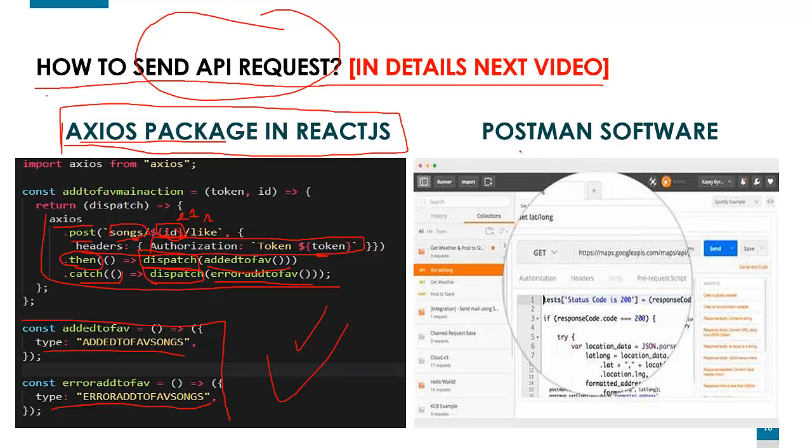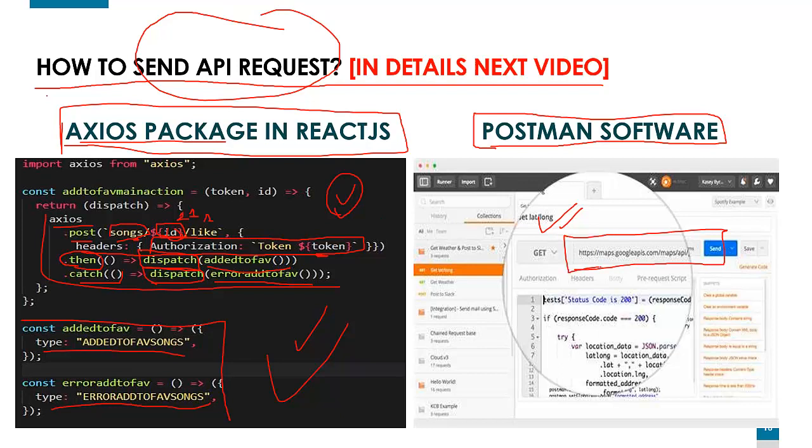Now there is another tool here, the Postman software. We will use it when we learn MongoDB and Node.js, so then we will use our Postman here. We will not use React.js as the client there; that we will use in the MERN stack tutorials. So you can also install this software. It is very good software to check an API. There are many requests here: GET request, POST, DELETE, PATCH, and many other requests also.